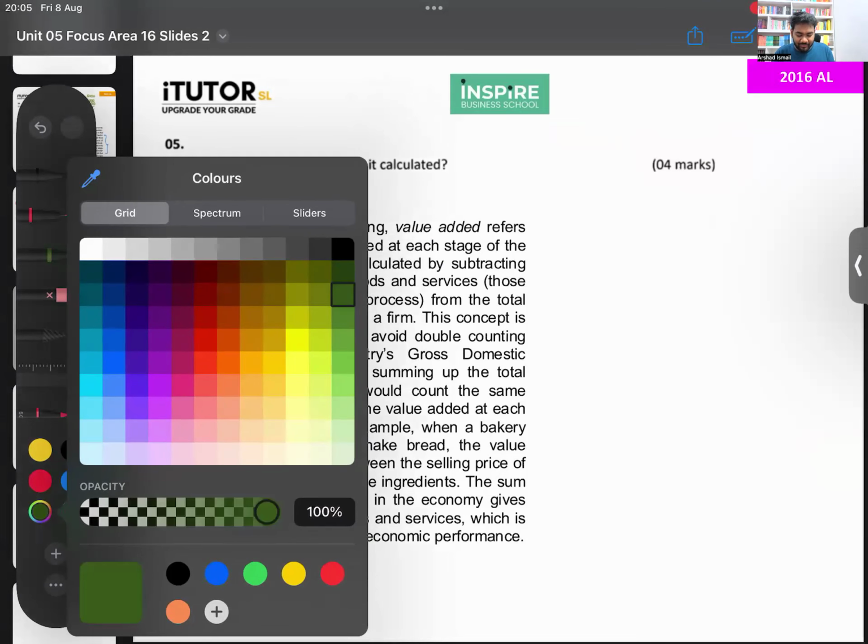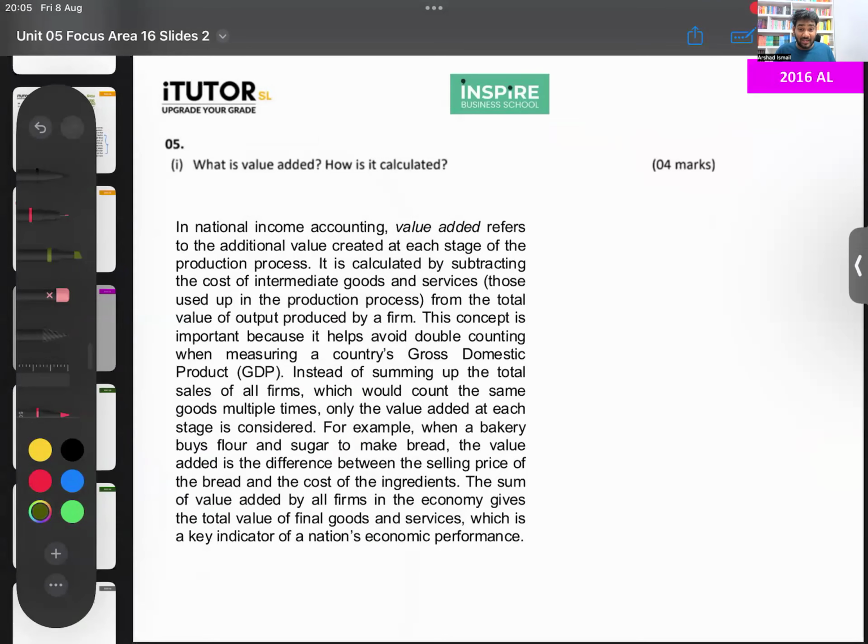So to save some time, I put a small explanation. So what is value added? Value added is the newly created value at each stage of production. If you take, let's say, a biscuit manufacturer,